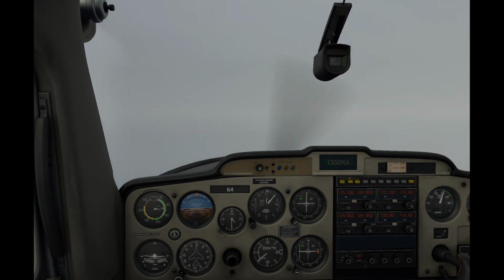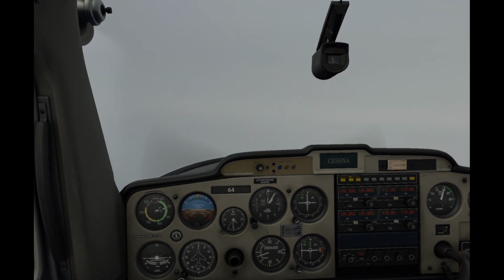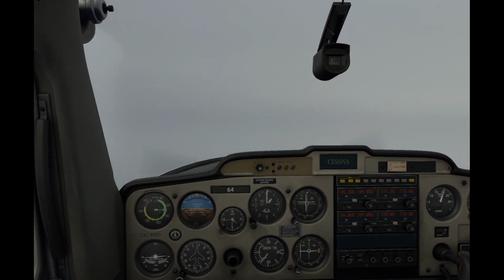That crosswind's catching me just a little bit, and that turbulence is killing me. Either that or it's the trim. One of the two. Oh boy, this thing really wants to jerk that direction. Not unusual. Now note, as you start getting closer and closer to the actual ILS, the needle is